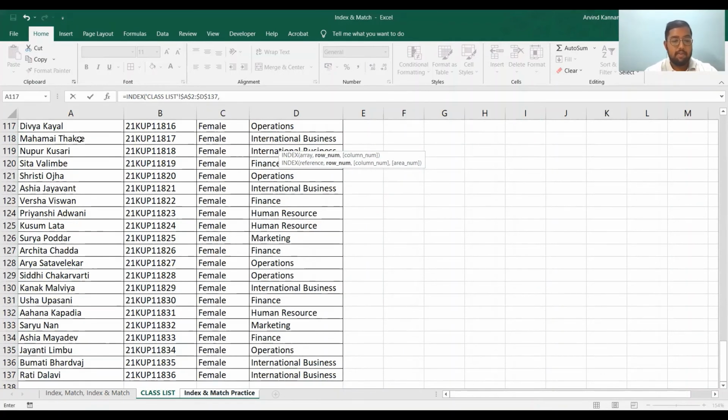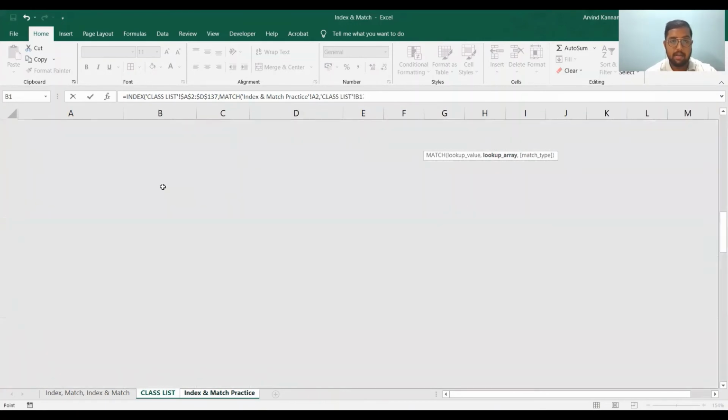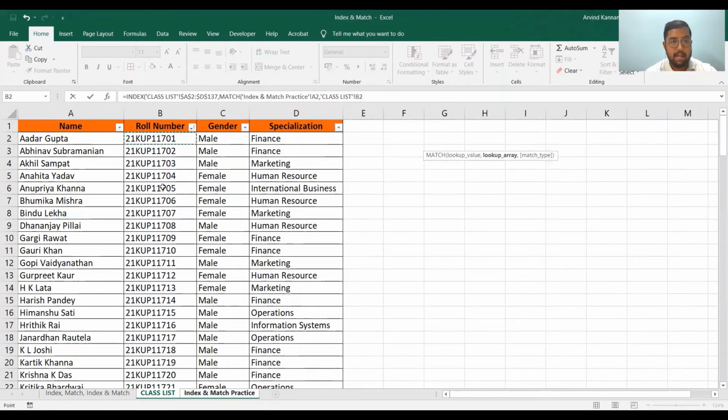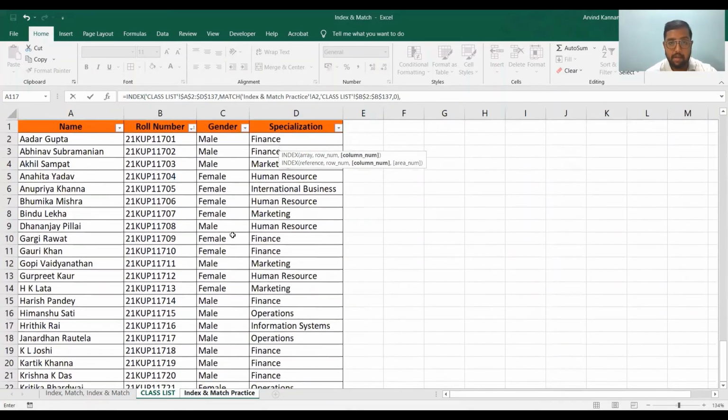My row number would be given by the MATCH function. So I'll type MATCH and then tab. For my lookup value, I will come to this worksheet. I'll click here and then press comma. My lookup array would be all the roll numbers, right? So I'll select this from top to bottom, lock this reference, press comma again, give me an exact match, close brackets, press comma, and now for column number,